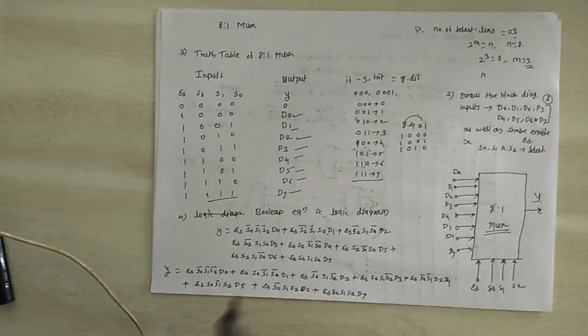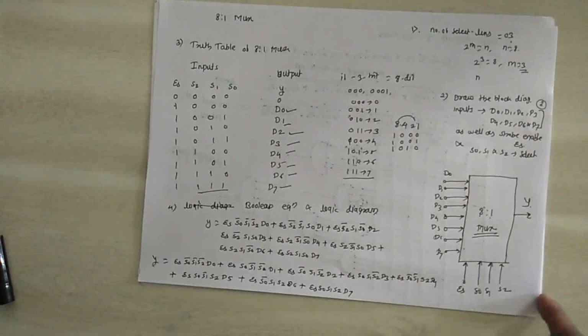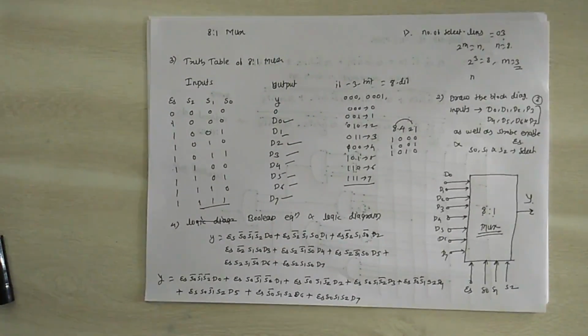I hope so. With the help of this Boolean equation we can easily draw the logic diagram, because the logic diagram is a little bit large, it will take more time. So we will try to practice it at home. Thank you very much. This is about multiplexers, which have different categories: 2:1, 4:1, 8:1, 16:1. We are able to draw different multiplexers with the help of basic knowledge. Thank you very much.